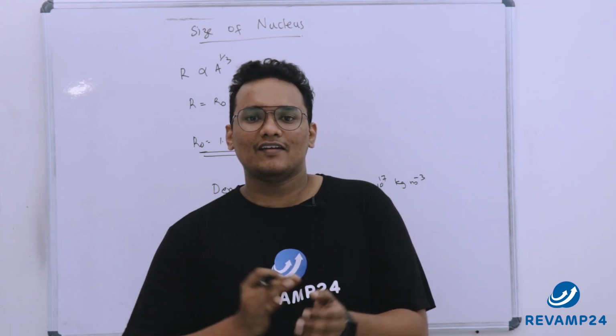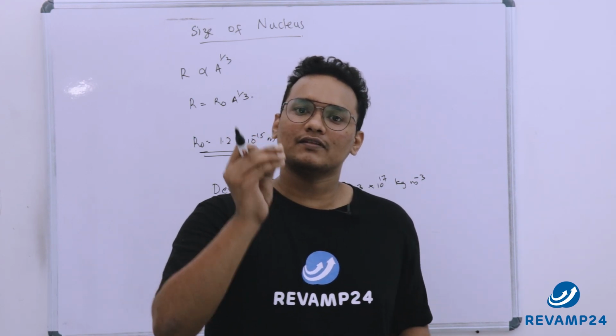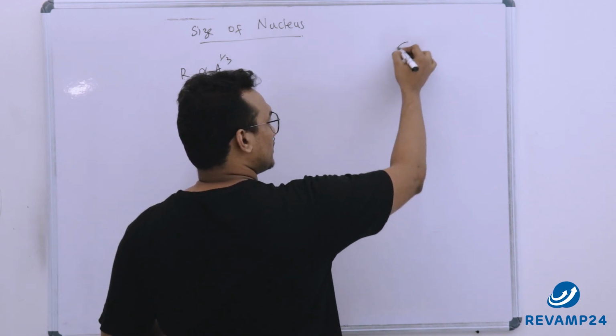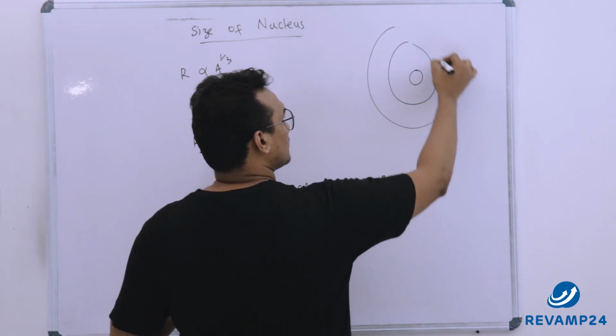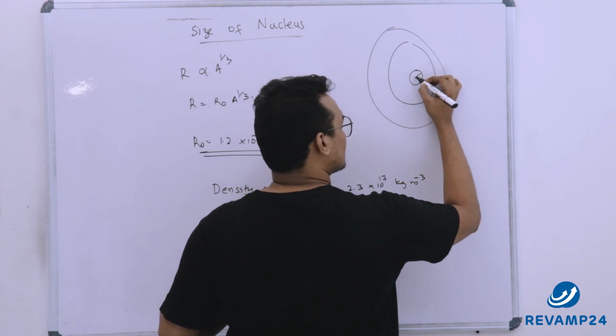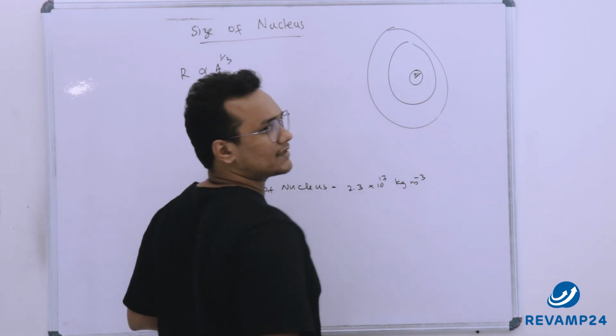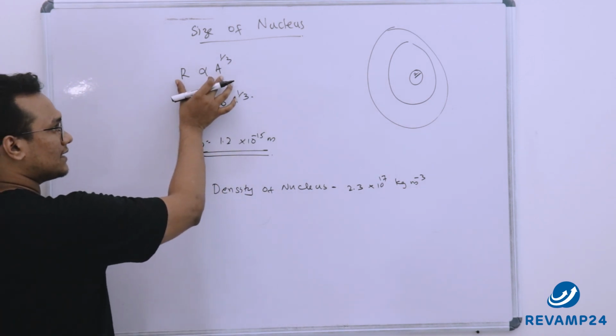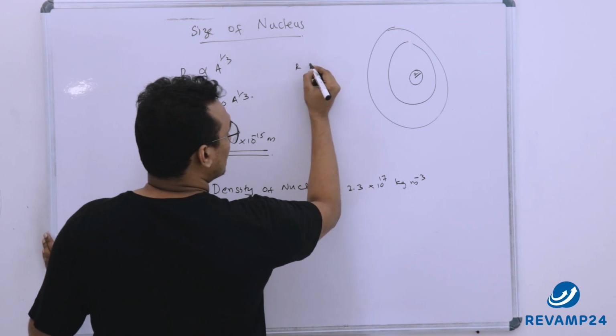In this video, I will explain the size of the nucleus. We have the nucleus at the center of an atom, with orbits around it. So I am going to talk about the size, or the radius, of the nucleus. Now, the radius of the nucleus is directly proportional to